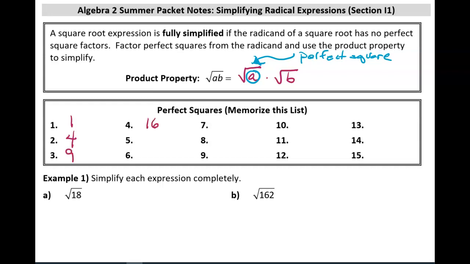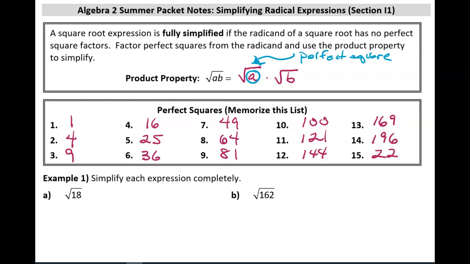4 squared is 16, 5 squared is 25, 6 squared is 36, 7 squared is 49, 8 squared is 64, 9 squared is 81, 10 squared is 100, 11 squared is 121, 12 squared is 144, 13 squared is 169, 14 squared is 196, and 15 squared is 225. You should know these first 15 perfect squares by memory so that you can factor those numbers out from a